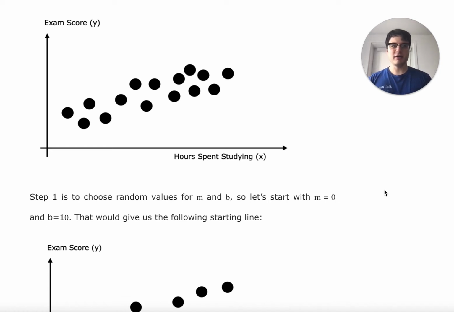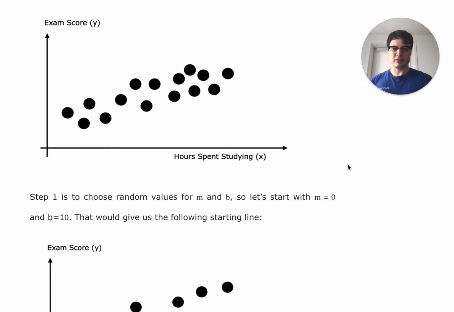We will now cover the mathematics behind gradient descent, which is the process of how the parameters of a machine learning model are learned. To cover this, we're going to work with our linear regression example, where, just to review, we have as input the hours spent studying, and we have as output the predicted exam score. So we're going to try to learn the line of best fit for these data,